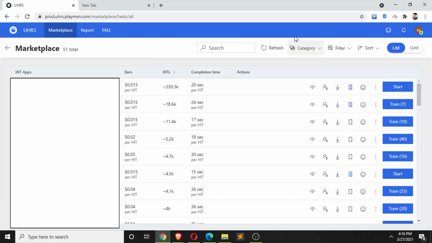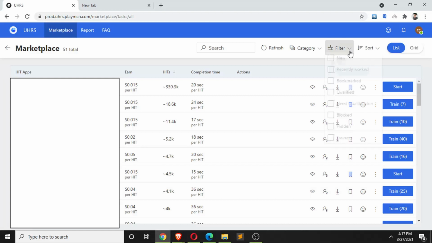And to open any HIT tab to train, any HIT tab that you have not done will show a train option, right? So you can click on train. It will tell you to train, just like previously. After training, it will tell you to qualify, and then you can start the HIT tab, right? The HIT tabs that you have already qualified will show over here. From here you can also download the guidelines. The guidelines option is just right here. And you can also bookmark. If you like the HIT tab, just bookmark it, so that later you can directly go to that HIT tab, right?